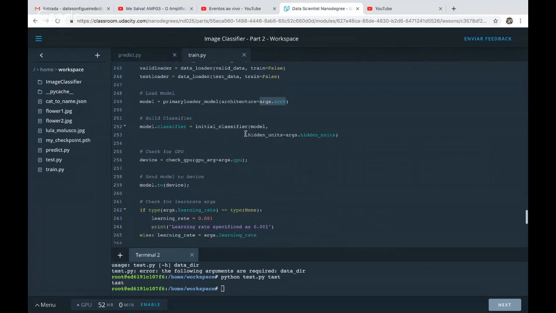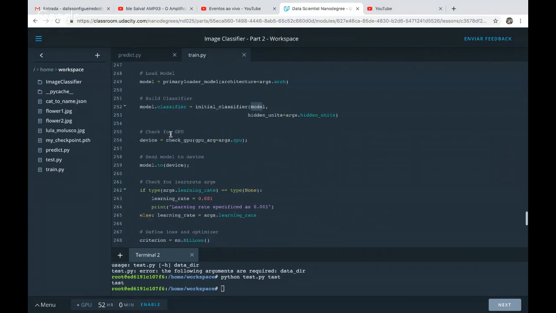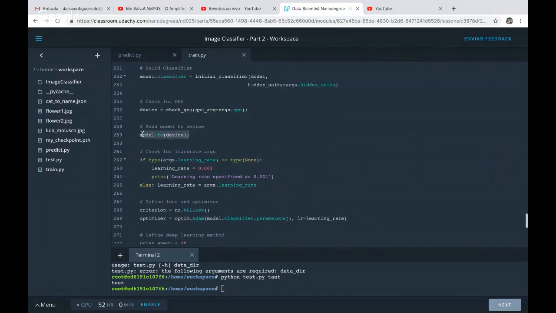And we will also use the function for defining a classifier. We're using this model here to get a classifier, and we're replacing the classifier of the model, just as we did in the previous session. And we're moving the model to whatever device we have available. Maybe the user is asking to train on the CPU, which will actually take a lot of time, but this is the user's choice. But if the user passes the flag when he runs the program, this would be what